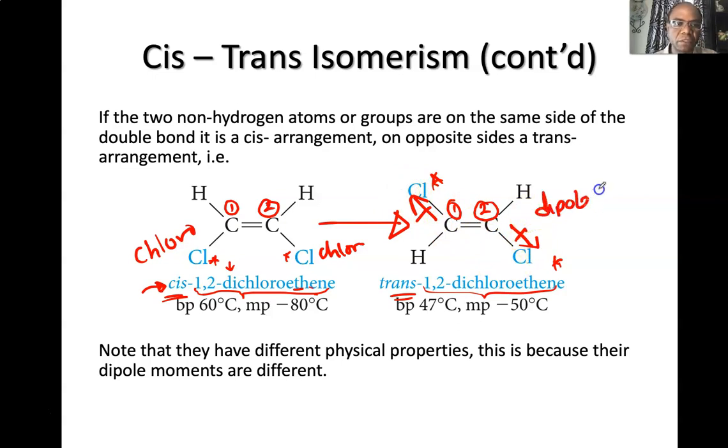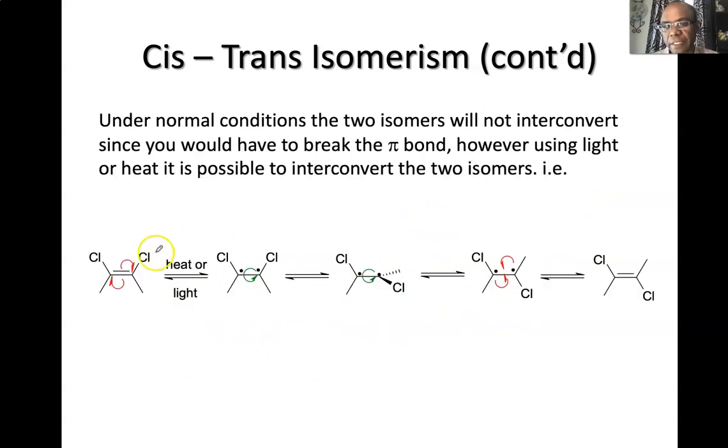So here the dipoles cancel out. Because they cancel out, the boiling point will be lower for the trans than the cis. Of course, that's expected because here the dipole moments are cancelling out, so the boiling point will be lower for the trans than the cis. So like I said, the only way to isomerize the cis geometric isomer to the trans is by at least